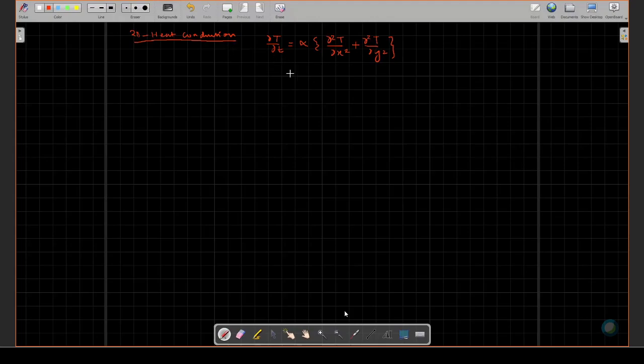Now we would like to do the explicit solution of this problem using the finite difference method. So we will use the FTCS scheme, forward in time and central in space. FTCS is explicit.